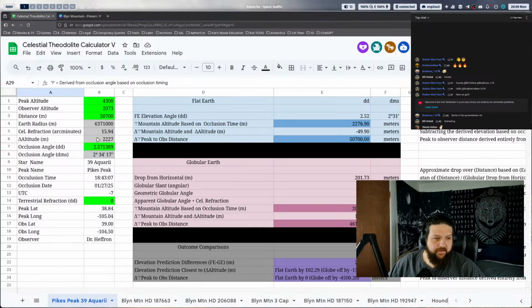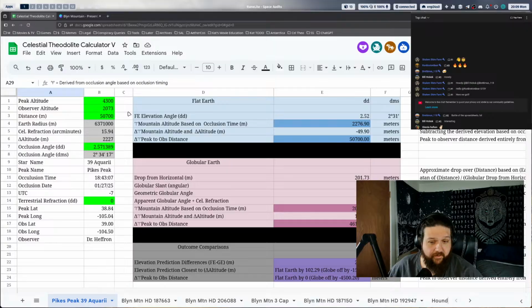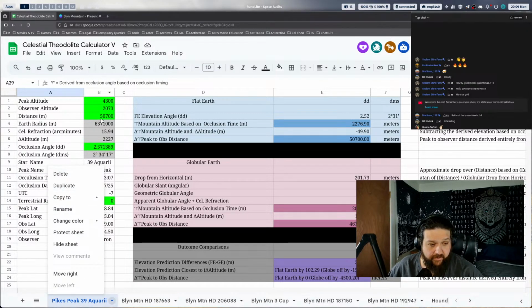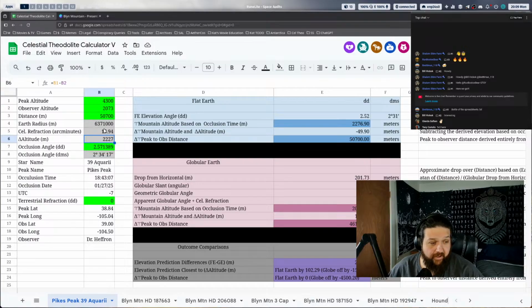Okay. Righty. Cool. So now we got our spreadsheet here. And like I said, the link's here. You guys make a copy of it and play around with it or whatever. Anyway, what you can do is duplicate a slide and then change the name and location to whatever star and peak you're using and then edit the necessary info. But here we go. So we got altitude difference. To get our altitude difference, that's just observer altitude and peak altitude. We have our distance in meters. We have the radius of the globe in meters. And we have a celestial refraction coefficient that's derived up here, one of G.G. Bennett's from a celestial navigation document that I got that recommended this.